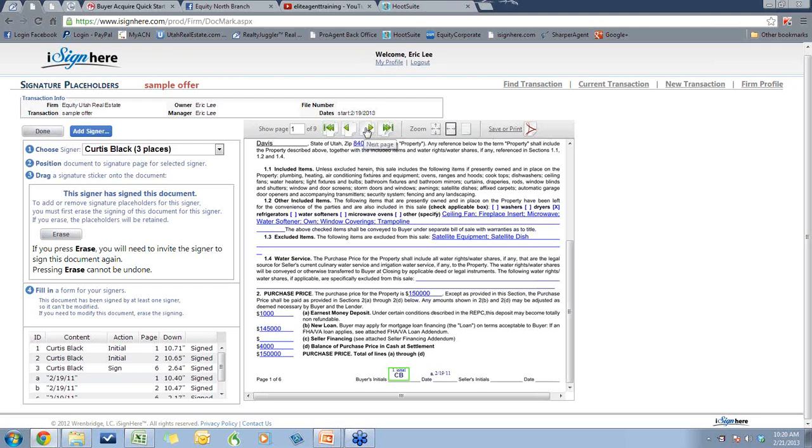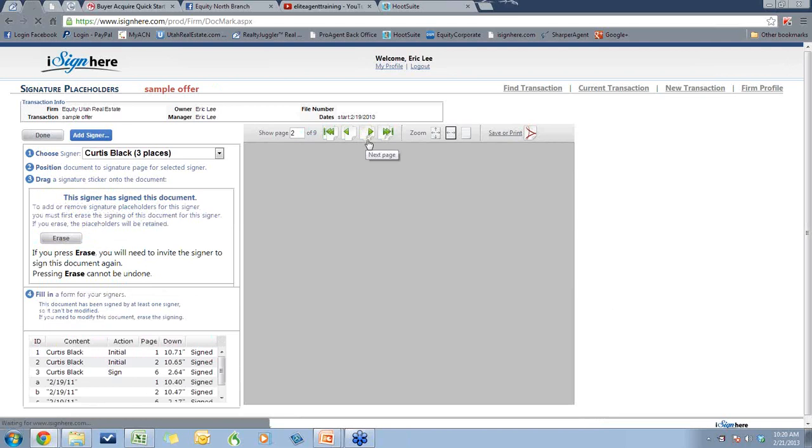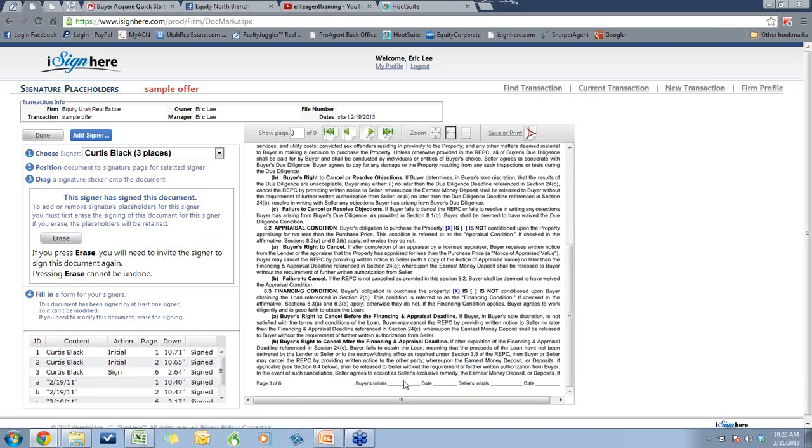So I go through here, and this is one that is closed and everything, so I can't show you all the examples of what I would do. But I click through page by page. This is a 9-page document. We go through here, and basically I just drag and drop a signature or an initial spot to wherever it needs to be. And this one I didn't fill them all out, but I would just drag and drop something down there. They get sent the file, and they can sign this electronically on a smartphone, on an iPad, on